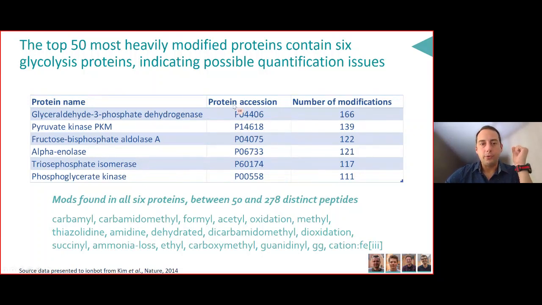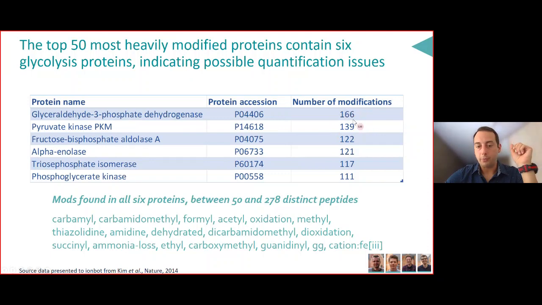Now, if we look at the top modified proteins, these are glycolysis proteins. And that's interesting because there are quantification issues with proteins. If you look at it, the number of modifications on these various proteins are quite staggering. And you see a list here, and many of these are probably artifacts. Now, if you want to quantify one of these proteins, and if you then assume these modifications are actually going to be artifacts that are changed in ways that have nothing to do with biology,